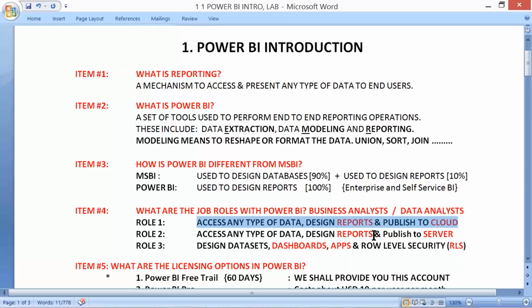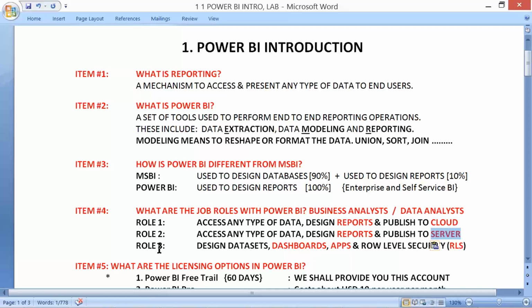Another option is to design reports and publish to a server, say Power BI Report Server, which is accessible within our company, within our corporate network or the data center, secured, not given to the outside world. So depending on the requirement, we may need to store the reports inside the cloud or inside the report server. In our course, we need to learn both these options with equal priority.